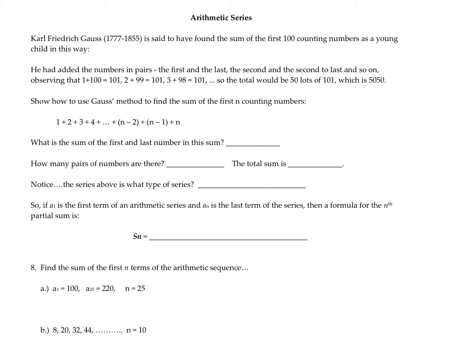So the sum of the first and the last number would be 1 plus the nth number. So we do 1 plus n. And then how many pairs would there be? Well, there would be half the number of terms. So if I had 100 terms, I would do 100 divided by 2. So the total sum of any arithmetic sequence would be n over 2 times 1 plus n. And this only works for an arithmetic